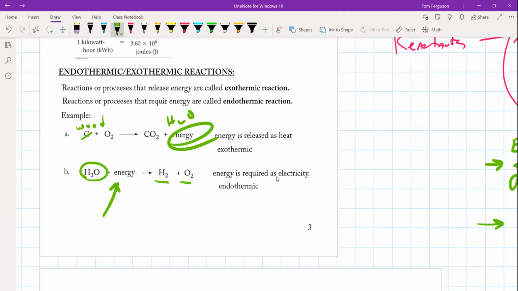This requires energy to come into the system before we can get hydrogen and oxygen. Now, this is how the International Space Station and submarines generate their breathable oxygen. It's taking water and creating hydrogen gas and oxygen gas. But it requires energy because the hydrogen gas and the oxygen gas are not as stable as the original water. In fact, if we reverse that reaction,